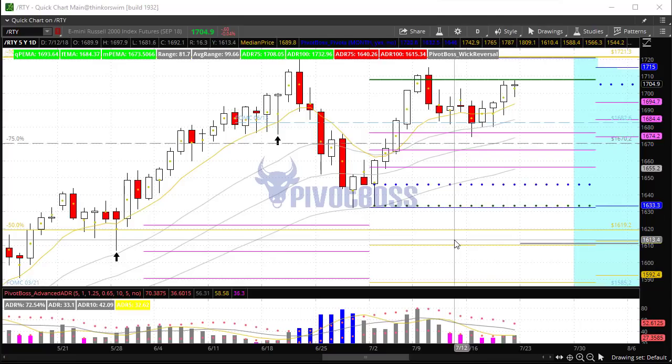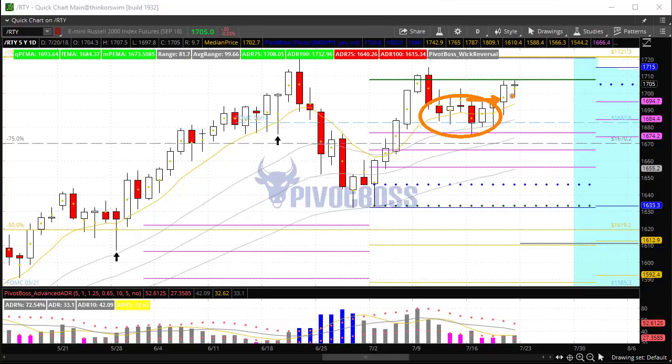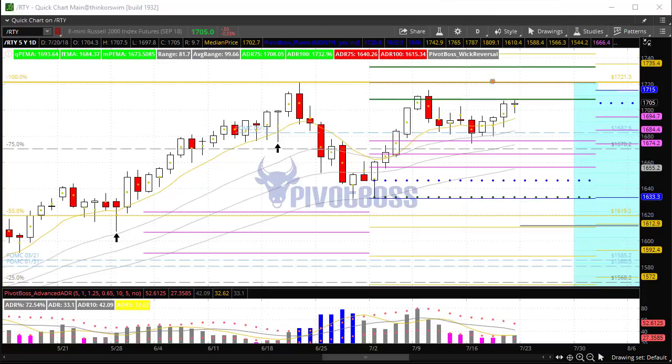If you look at the Russell 2000 here, RTY, we talked about this one as well. Narrow 5-day range, and I mentioned before that we could be looking at expansion soon. Yesterday we got a stop run day to the upside. I mentioned to our traders yesterday that any pullback into 1697 could be an opportunity to buy for continuation higher. So if you use the previous low right here and project higher about 80 handles, this low is 1687. That'll give you about